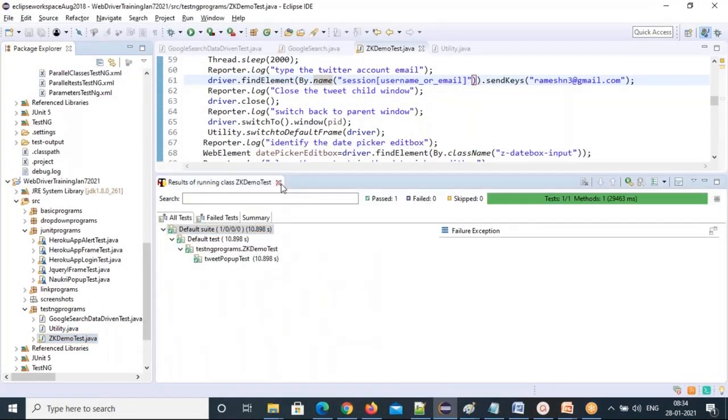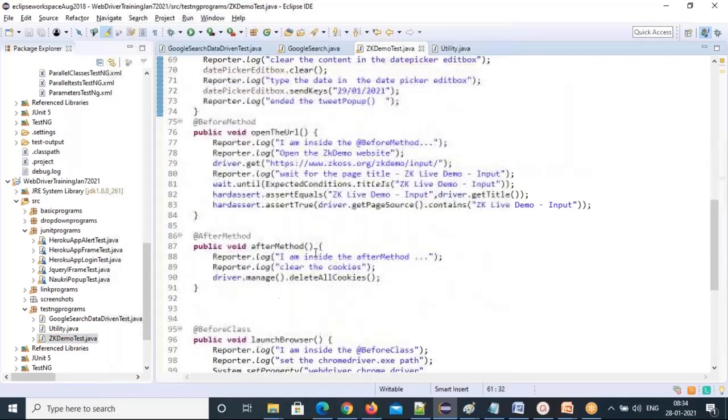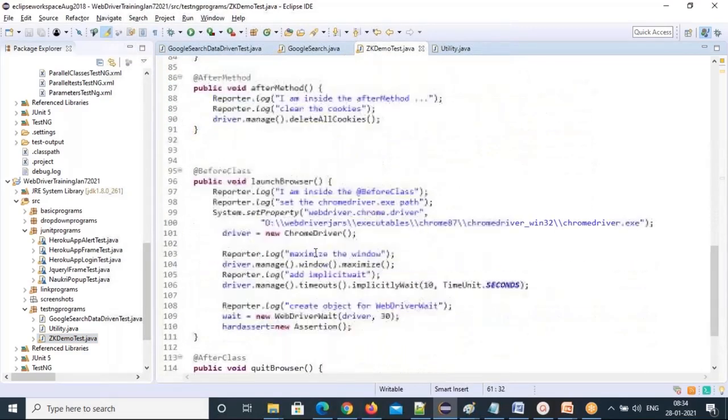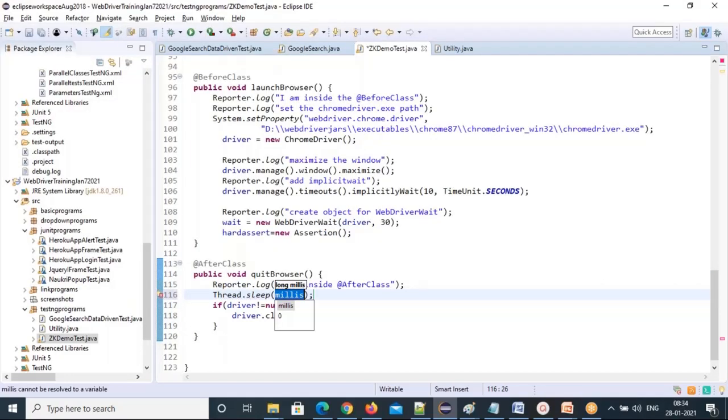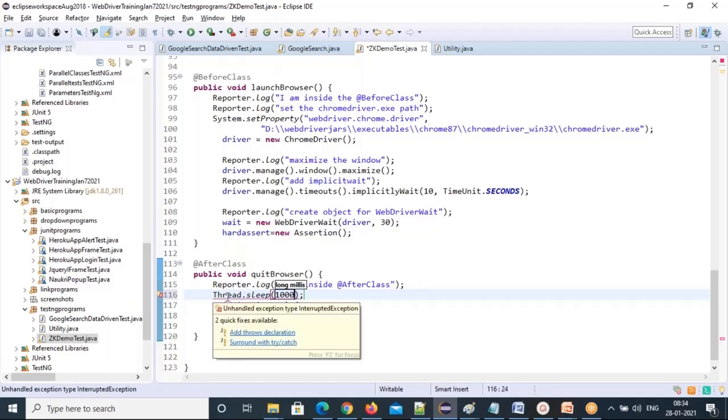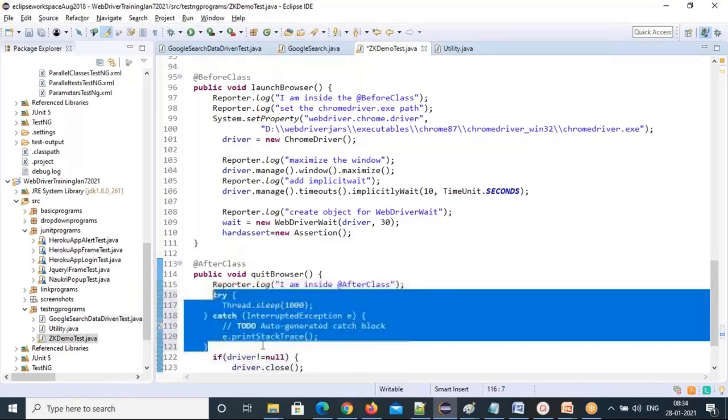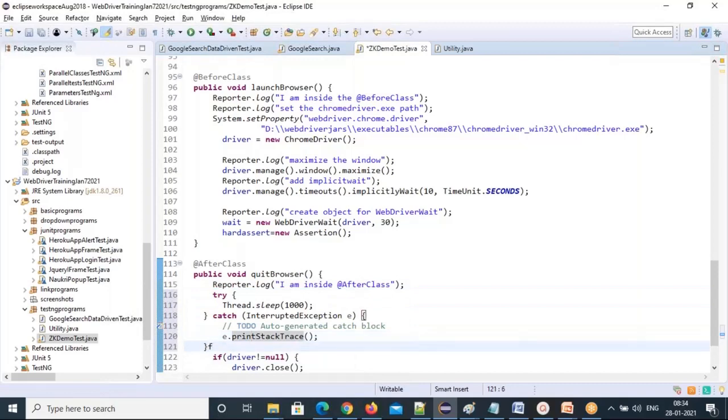So what I'm going to do here is a small change. We will stop here, guys. I'll include a simple thread dot sleep. I'll put 1 second. I'll surround it with the try catch block. That's it. Let's include the finally block here.